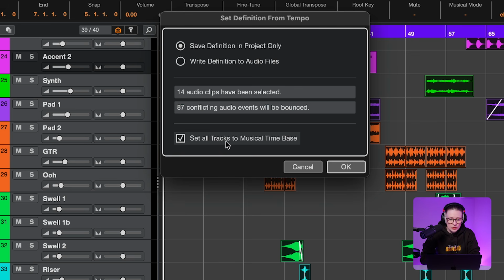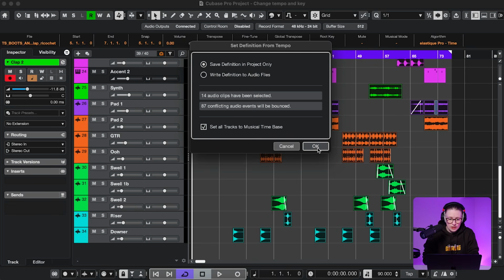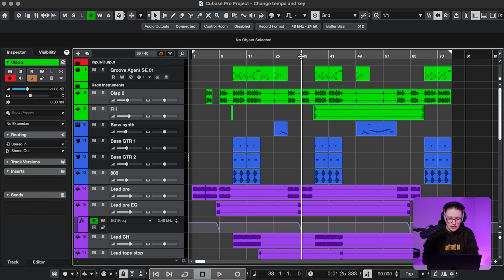Set all tracks to musical time base. That's what they are by default, but again, just to be sure. If you want to know more about the difference between musical time base, linear time base, and musical mode, then you can find a video in the description. All right, click OK. The MIDI is already linked to the tempo, so if I change it, let's go to